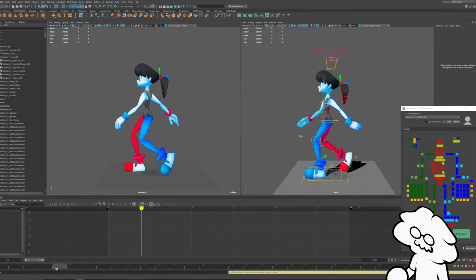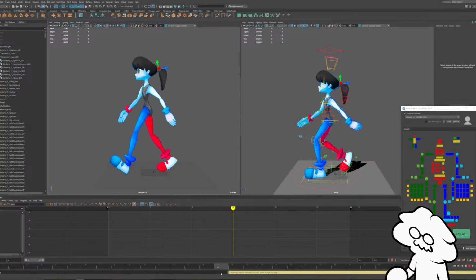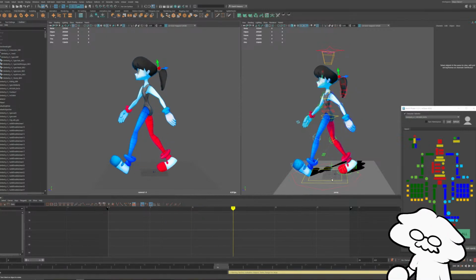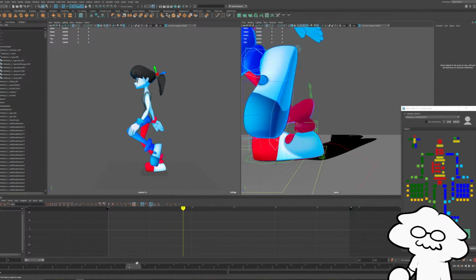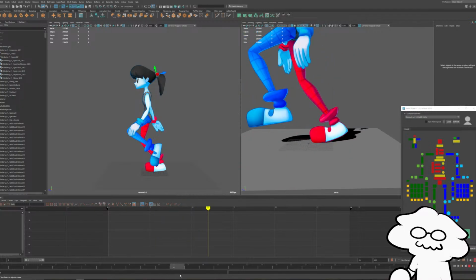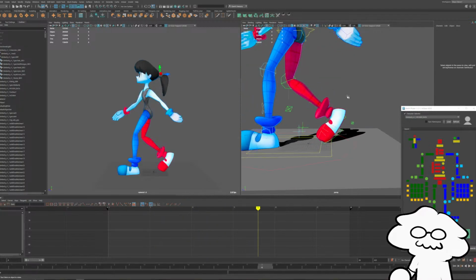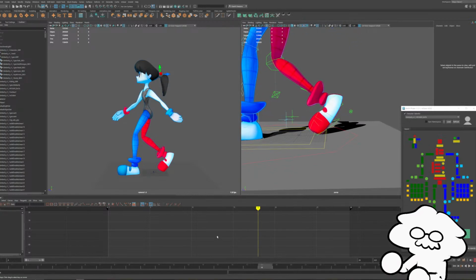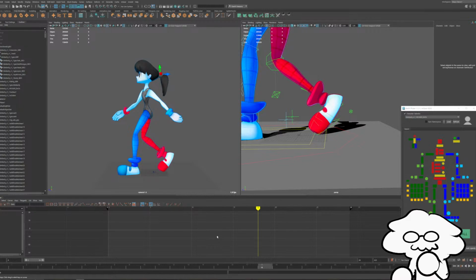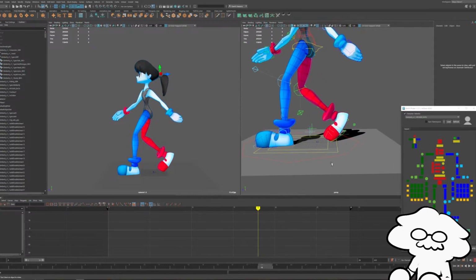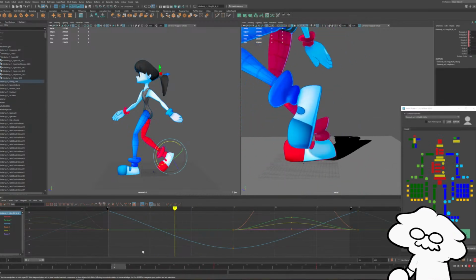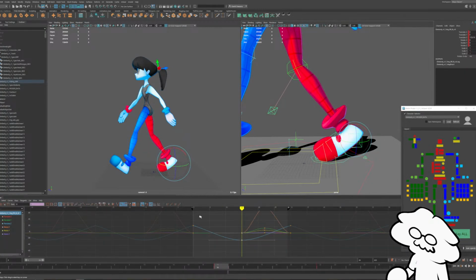So let's check if we have that snap we want in the legs. Yeah, and we don't want the leg to slow down too much. We want it to slow down a little bit because otherwise it'll look a little weird, but slowing down too much might look weird in a cycle. Because if it's a cycle and they're moving forward at a consistent pace, you don't want the feet to slow down at some point, because their feet should ideally be connected to the ground. You know, they're stuck. So let's see if we can't fix that.